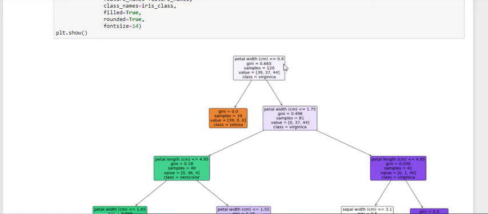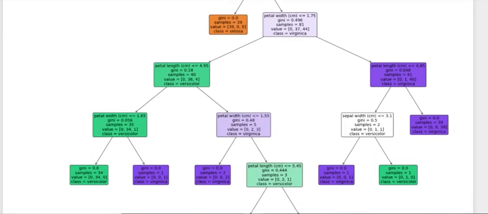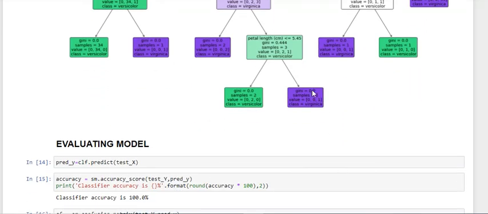So the impurity here is 0.665. Now we will be splitting the data into their classes in such a way that our Gini index in the last node becomes 0. Here you can see that there is no randomness in our data and our data is split accurately.